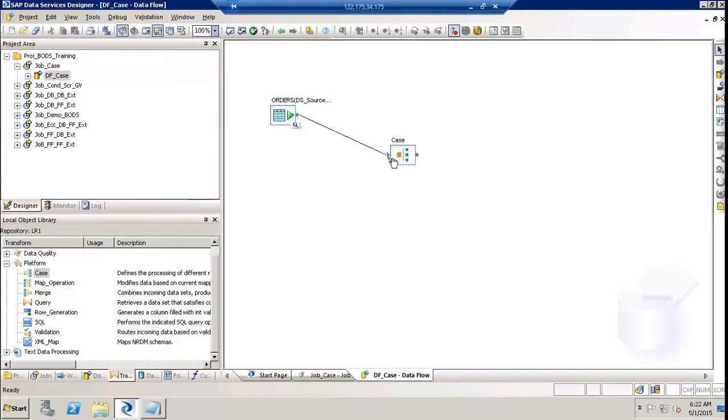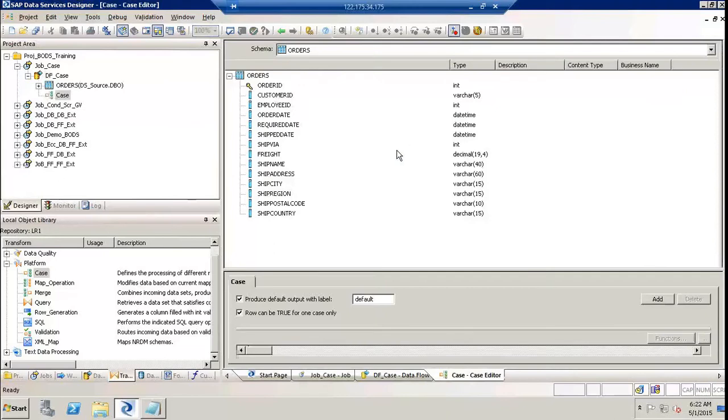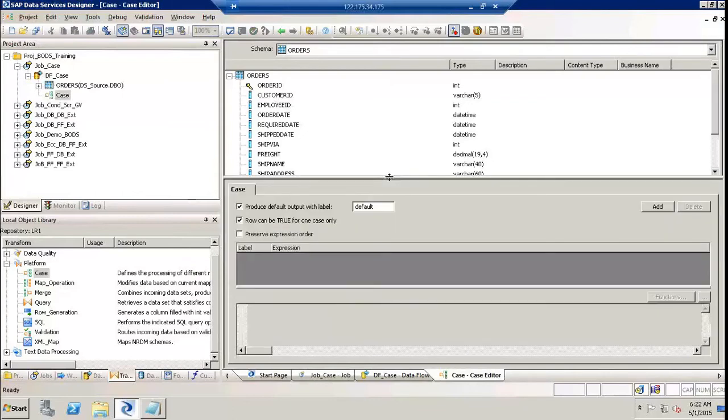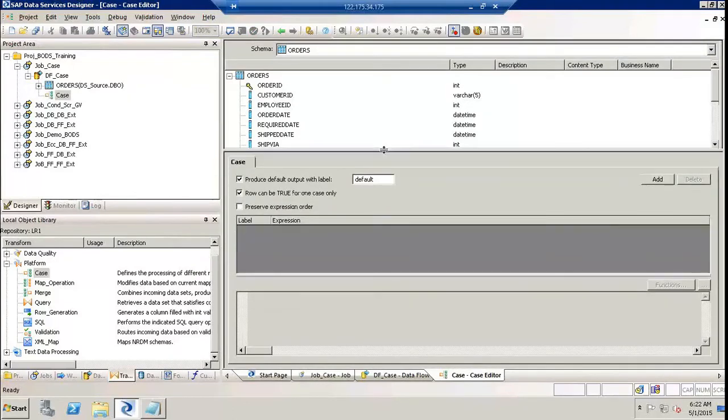Connect orders to the case transformation, and if you open the case transformation, it is divided into two regions. One is your schema, which talks about your source structure, and the second is your case tab, which talks about the work area for the case transformation. Now we have a few checkboxes here. First one, produce default output label, where you can give any